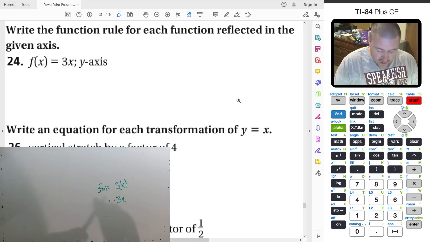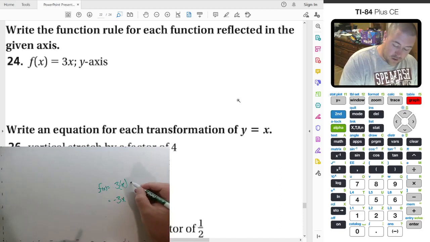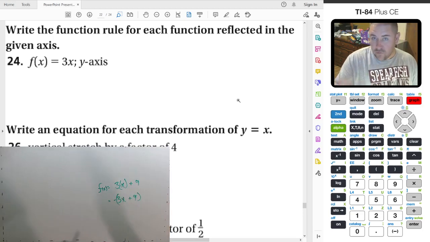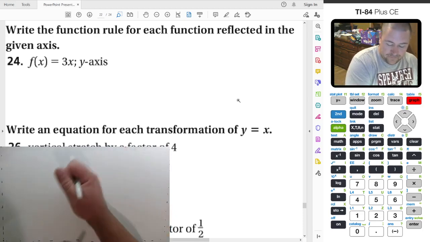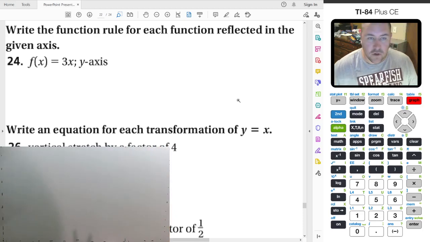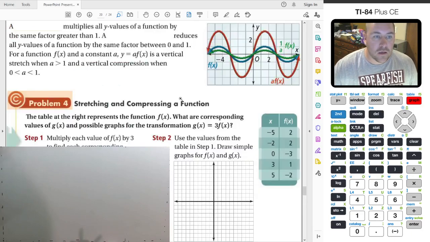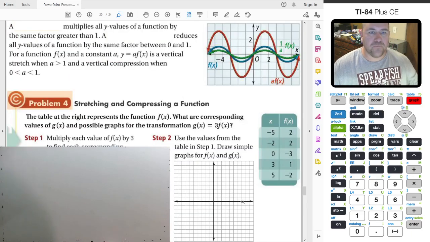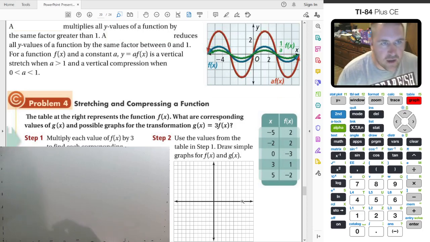It's still going to be a negative 3x regardless. Where it's going to change is if you got other stuff with it, like a plus 9, having the negative here versus out front, right? Completely different thing because whether it distributes or not. So just want to double check that. Next up is, right, we did those. There we go. Okay, now